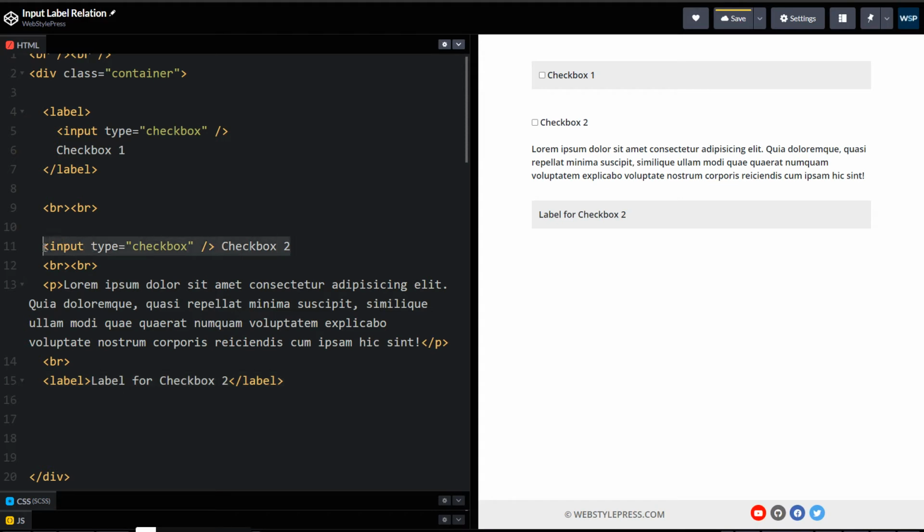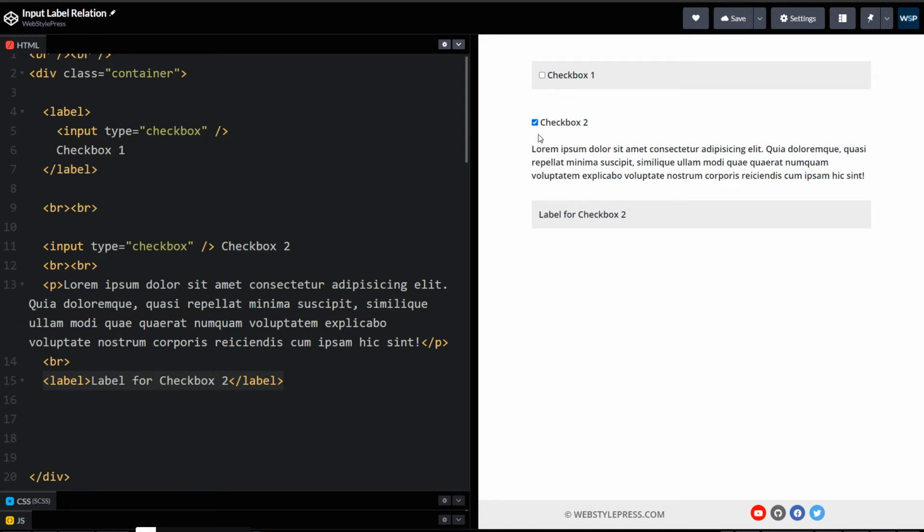So here's this input, that is this one with the text, and then label is this one. This is label and this is input. In this case input is outside of label. We can still connect label to this input even when there is a paragraph in between.